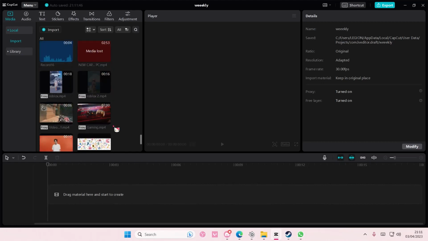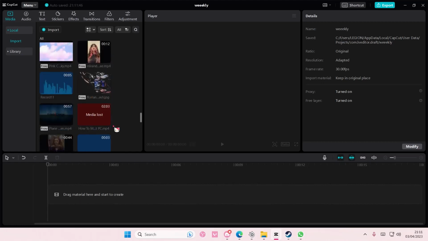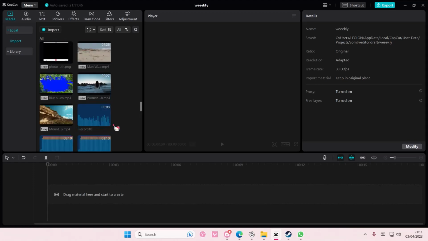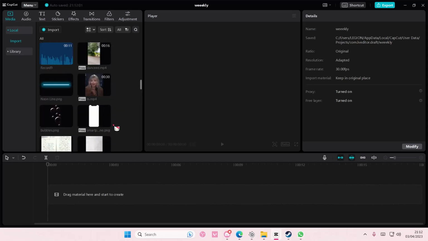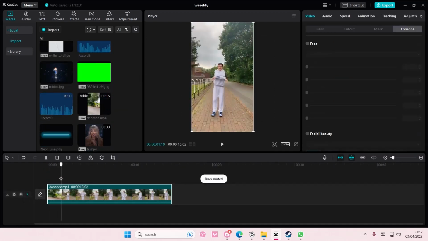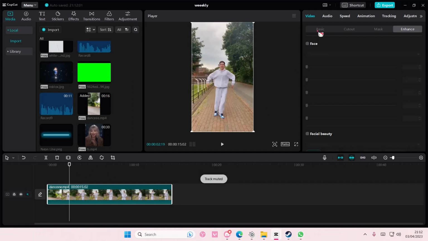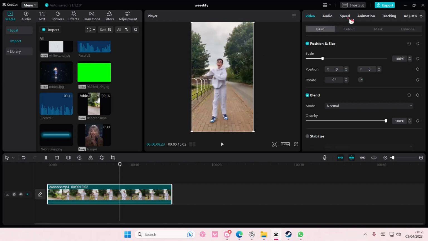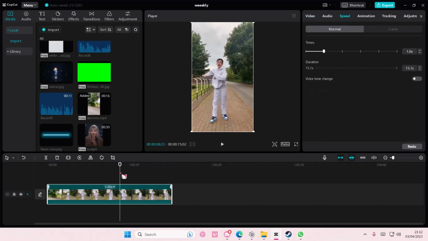In this video I'll be showing you guys how you can create a smooth slow motion video on CapCut PC. So you're just going to select the video that you want to use. Just going to select this one, and to make this video a slow motion video, you're just going to select the clip first, go to basic and go to speed, and then